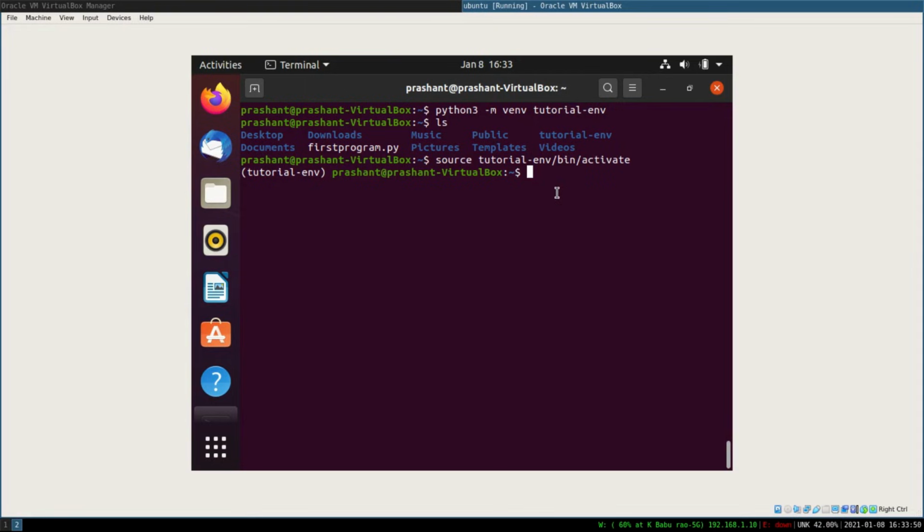So this allows you to have different versions of the same Python library, and you can switch between these environments as you need, right? And within these virtual environments, you can again install any package using the same commands that we saw earlier, like pip3. Using pip3, you can install any version of any library that you want to use, right?